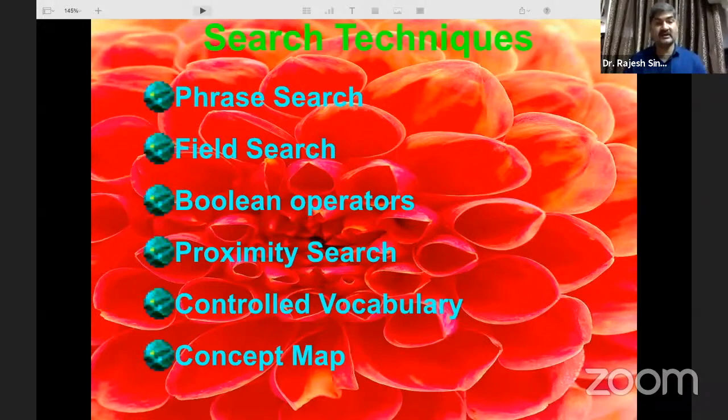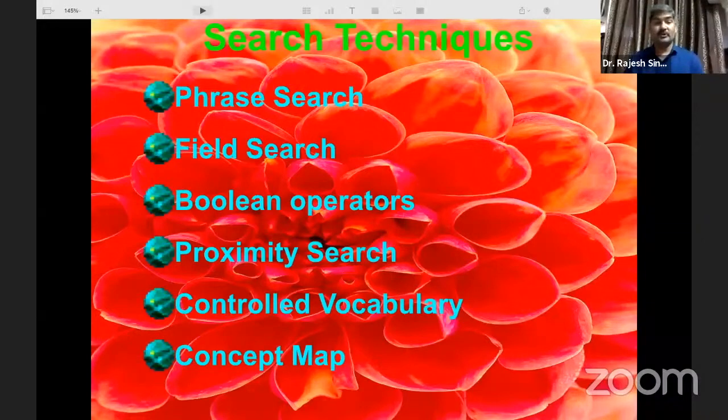Now coming to the second search option, that is called field search. Field search gives you an option to find information in a particular field. Now, what is that field? That field is the field of information. And the fields of information are the title, the author, the subject, the keywords, the abstract, right? There are various other fields of information, but these are very important fields for a seeker of information,